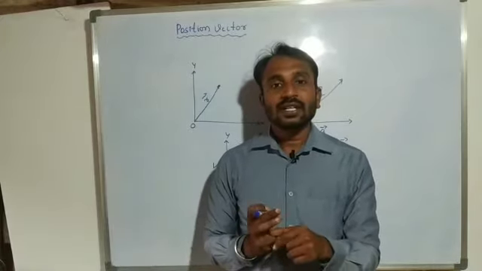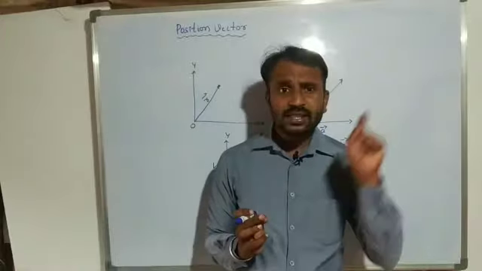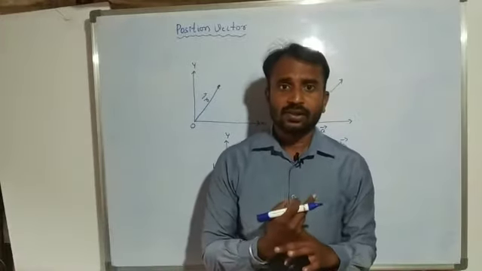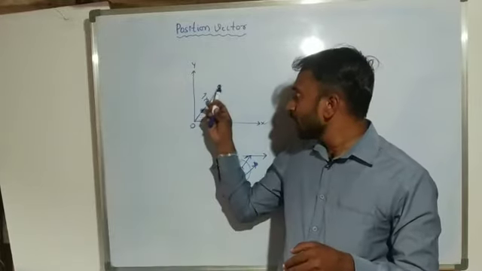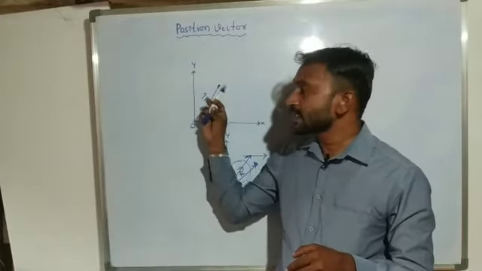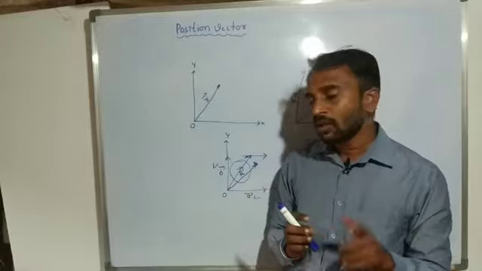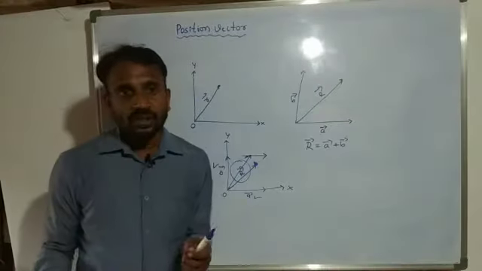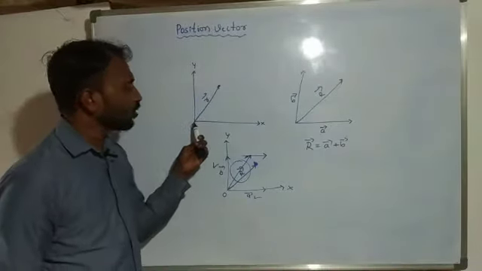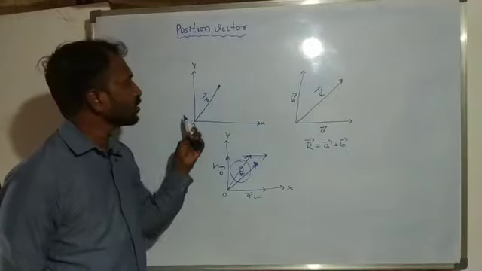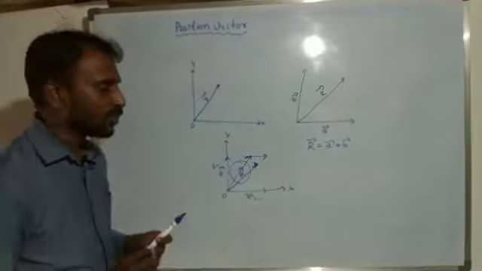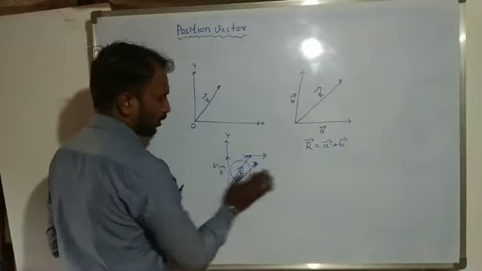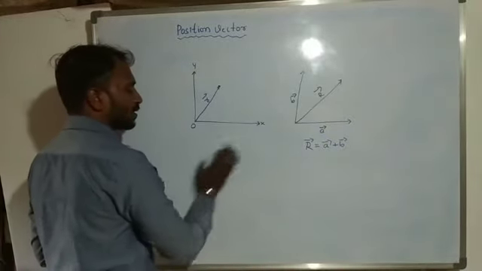So for this reason here we consider a position vector. It means a position vector always starts from the origin. Here we consider a coordinate system. So this position vector starts from the origin, and by using this position vector we have to find the position of an object or the position of a body in a coordinate system.